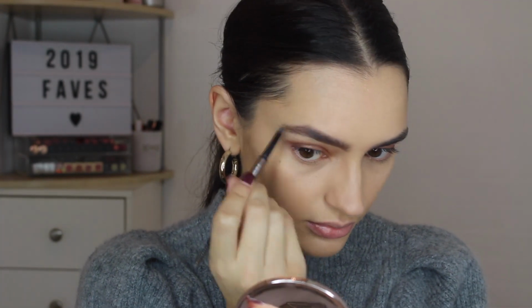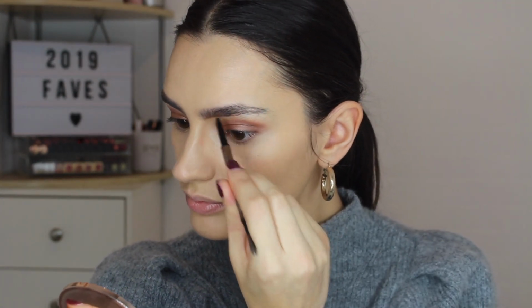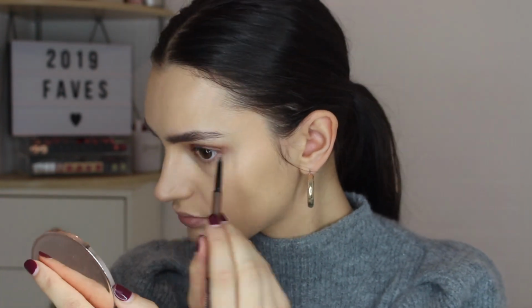And the eyebrow styler is again from MAC. I've used a couple of different ones throughout the year. I'm pretty sure I used the Anastasia Beverly Hills one, I used a Bare Minerals pencil as well, but I went ahead and repurchased this one from MAC, which I think just goes to show that it really did stand out, and it is still a